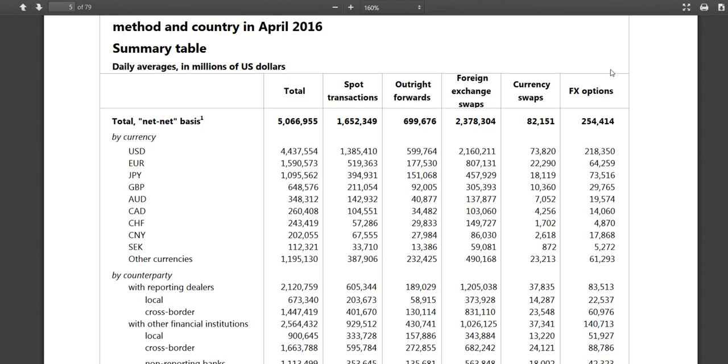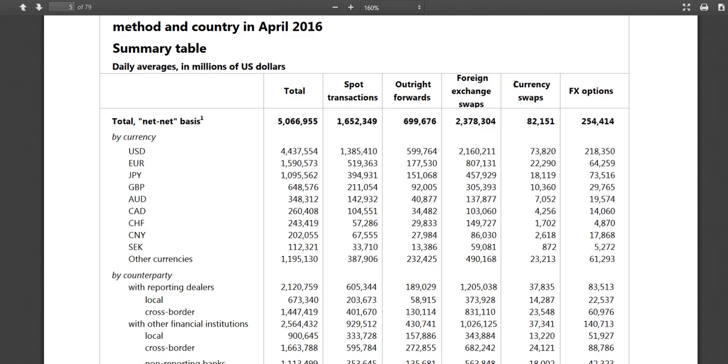Now you see here that there is data for currency swaps and foreign exchange swaps. Foreign exchange swaps is what is described in the textbook. Currency swaps is a newer financial instrument. Basically, the difference is this is an exchange of cash flows, a series of cash flows, whereas the foreign exchange swaps are the traditional exchange of one currency for another at a certain point in time. So it involves just two transactions, they exchange now and they exchange back, converting in the future. Whereas the currency swaps involve several transactions because it's associated with several cash flows.